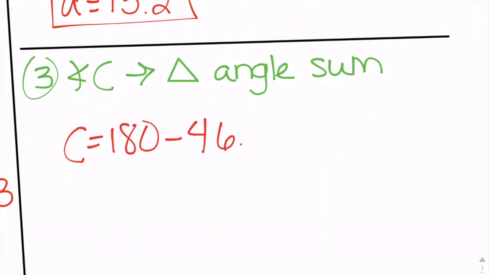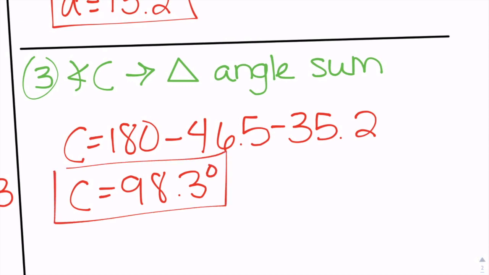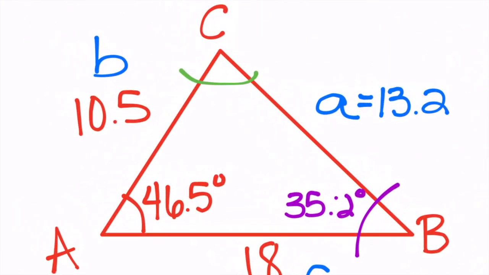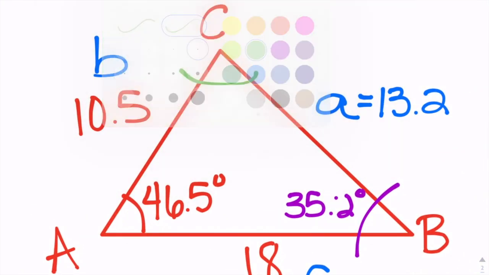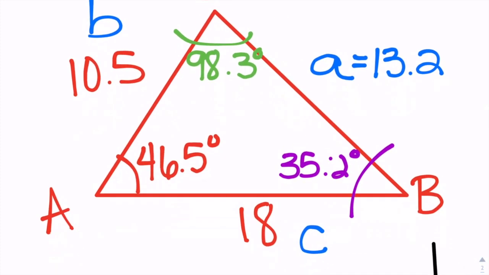And so we're going to say angle C is equal to 180 minus 46.5 minus 35.2. So you get 98.3 degrees. And so then we can come up here and we can fill that in. And so now